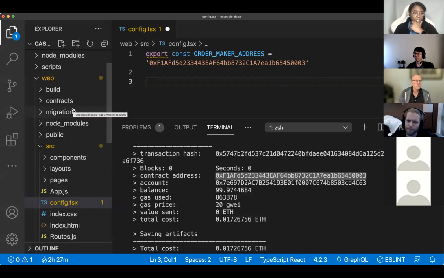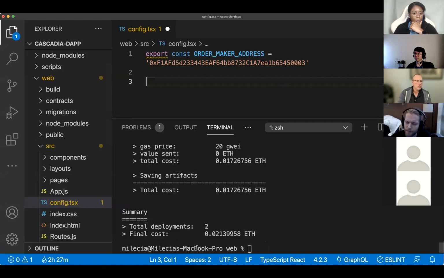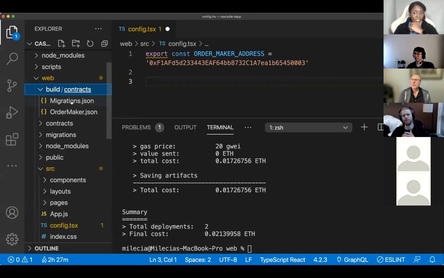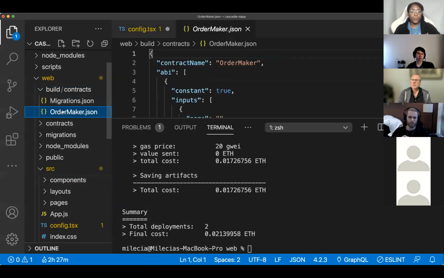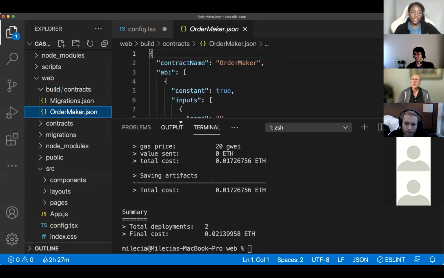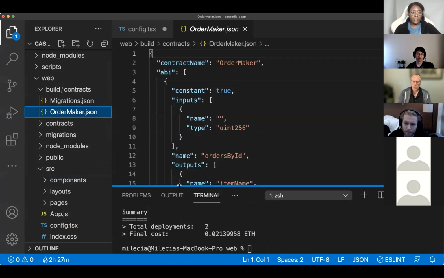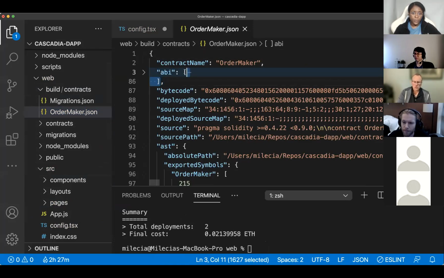And then something else that happened when we deployed this contract to the blockchain, this build folder was generated for us. And in this folder, we have the build of our smart contract. And what we want to take out is this ABI. So we're going to copy this array, and ABI stands for